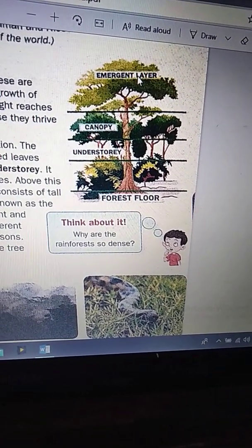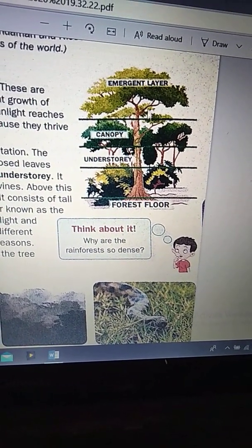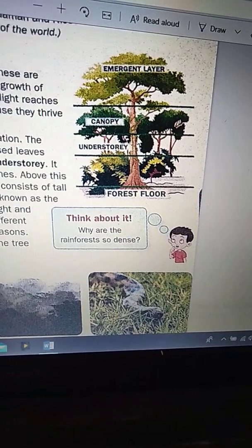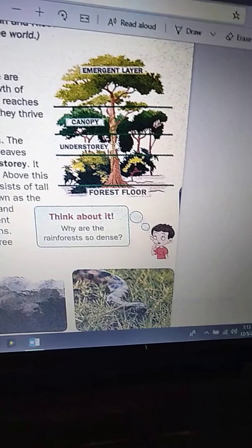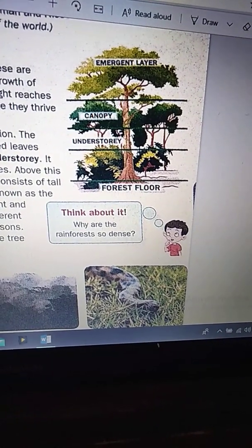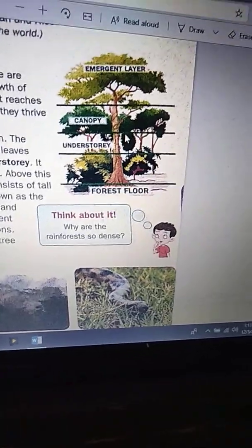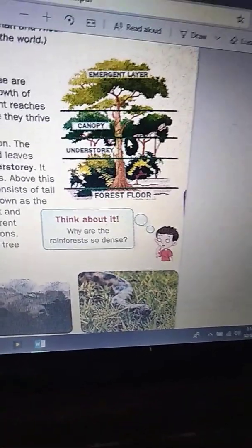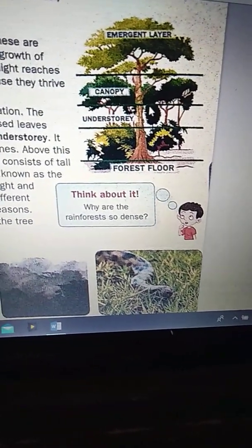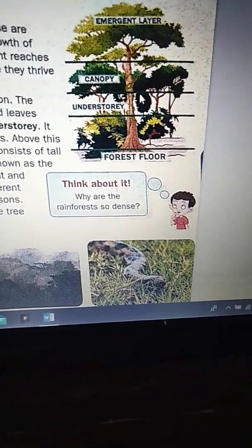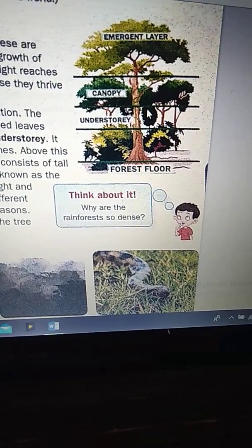The forest appears evergreen because different types of trees shed their leaves in different seasons. Ebony, mahogany and rosewood are some of the tree species found in this forest. Because of the dense trees, and because these trees mainly depend on rainfall, this equatorial forest is known as the dense rainforest.